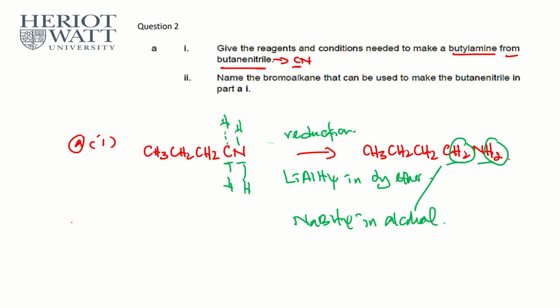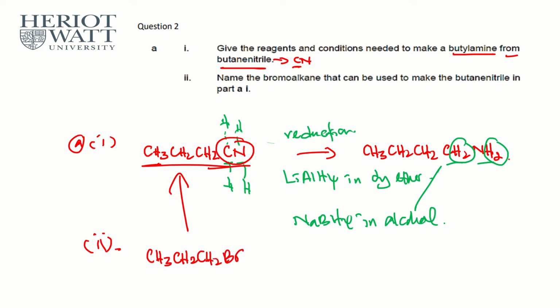All right, let's look at part A2. Name the bromoalkane that can be used to make the butane nitrile, which means we are trying to make this thing, the butane nitrile, before we can get the amine. So what bromoalkane can be used to get that? So you see, CN is obviously a nucleophile. So in this case, they want a bromoalkane. What bromoalkane would you suggest? It's actually bromopropane,